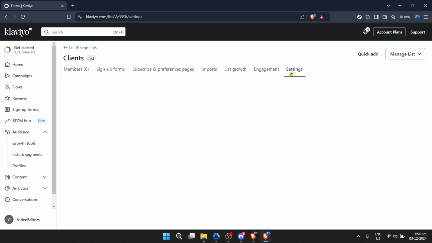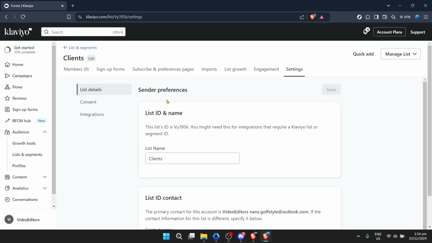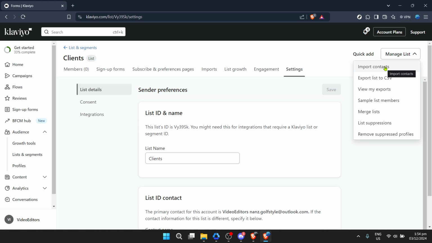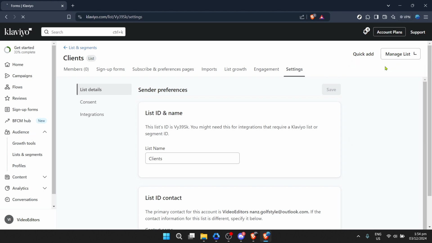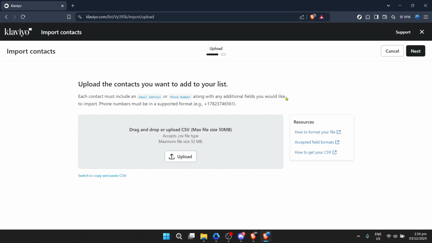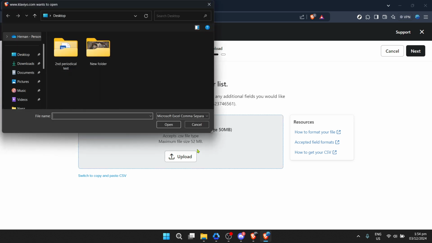With your list now created, locate and click on Manage Lists. This option lets you dive deeper into list management functionalities, including the all-important Import Contacts. Upon clicking Import Contacts, you're one step closer to populating your new list. The interface will guide you to where you can upload your contact file. Klaviyo supports CSV or TXT files for imports, ensuring a smooth transition of your data. Before proceeding, ensure your file is formatted correctly, with email addresses and any other necessary information nicely columned.